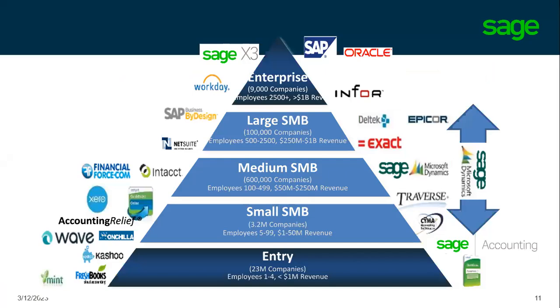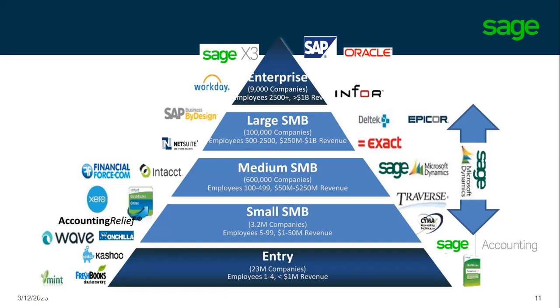Okay. So yesterday we also looked at the different accounting products in the market, and in my explanation I tried to make you see that there is always a Sage product for every class of business. So for entry level, we have this Sage Accounting that we are looking at now, and Sage Accounting can also work perfectly for a small scale business. However, we have other products like QuickBooks,